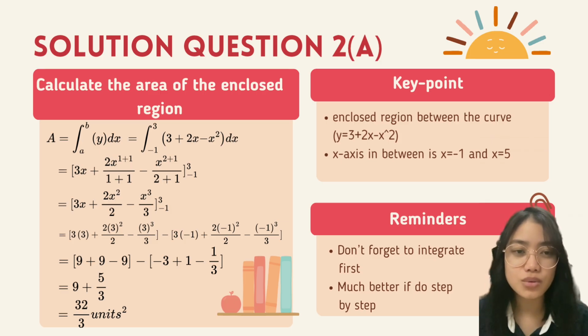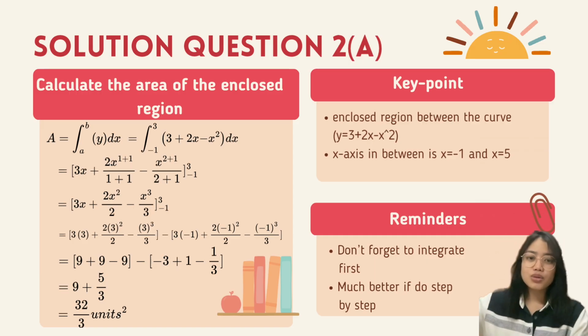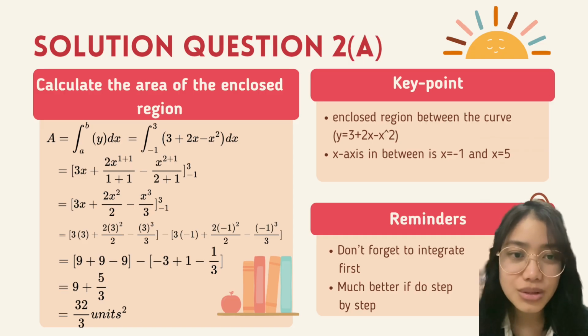The key point of this question is the region enclosed between the curve y equals 3 plus 2x minus x squared and the x-axis, between x equals negative 1 and x equals 5. We insert all the equations into one, using the formula A equals the integral from a to b of y dx, and it becomes the integral from negative 1 to 3 of (3 plus 2x